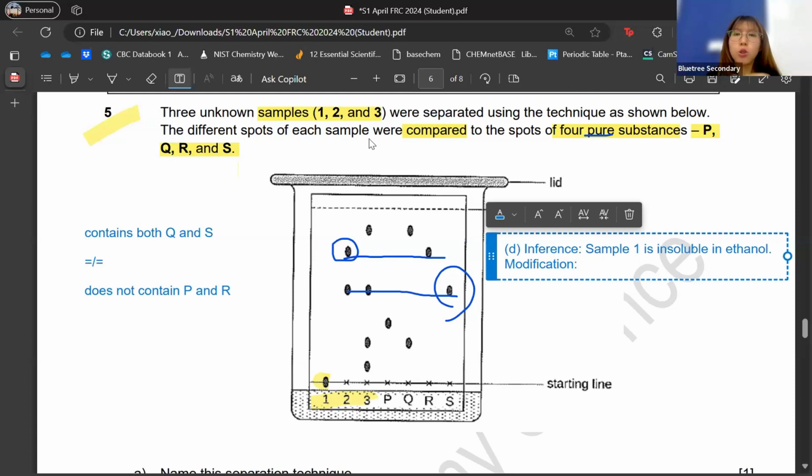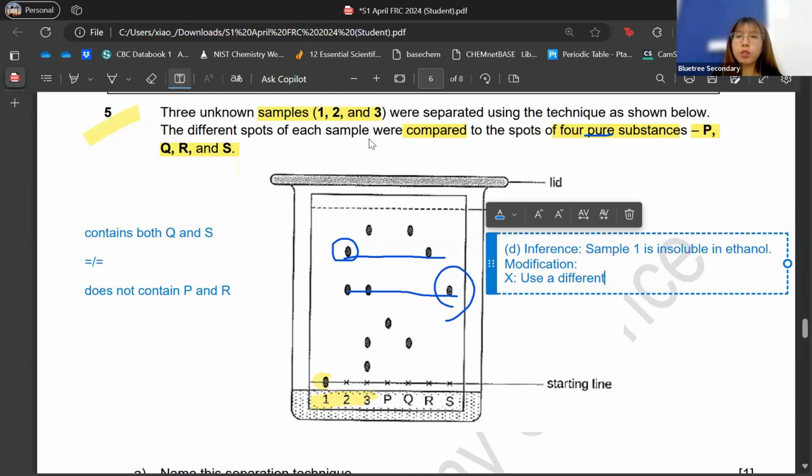You change the solvent. But this is the tricky part in your answer. You must mention that you use a different solvent, but this solvent must dissolve your sample 1, 2, and 3. Okay, so this is what teacher Bell means. So I will write down the wrong answer, then I'll write down the correct answer. So the incorrect answer would be